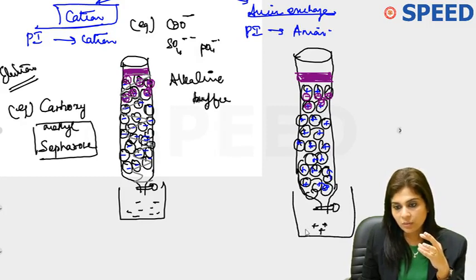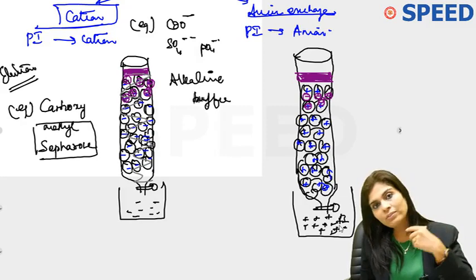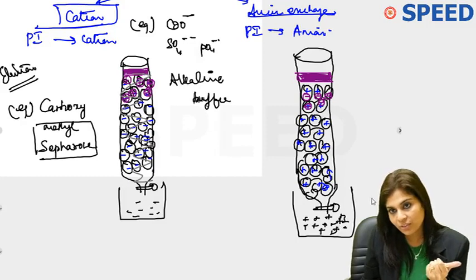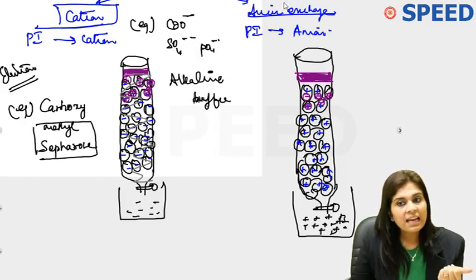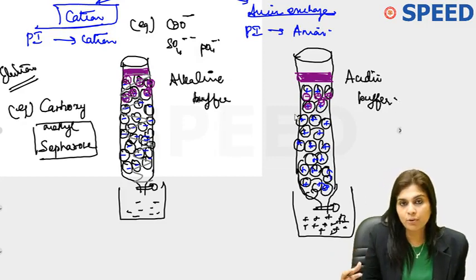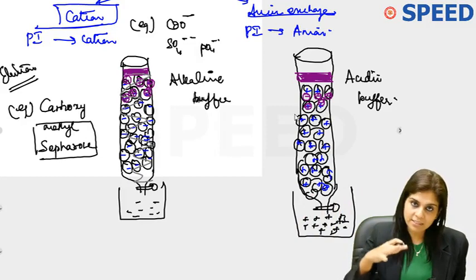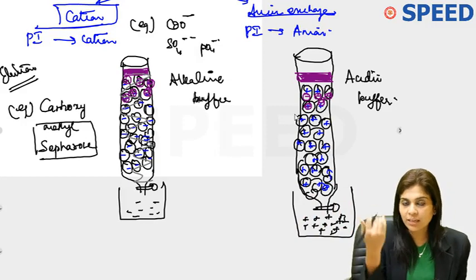So what has got collected down? All positively charged proteins which you consider as impurities have come down first. So after you have removed all impurities, how will you get back what you want from the stationary phase? By elution. What do you do in elution of anion exchange chromatography? In cation exchange chromatography, you pour an alkaline buffer; in anion exchange chromatography, you will have to pour an acidic buffer. So when you pour an acidic buffer, the main aim of your protein is to neutralize the acidic pH. How can they neutralize the acidic pH? By getting the H+. When they get H+, they are no more negatively charged. They can no more interact with stationary phase, so they come down.